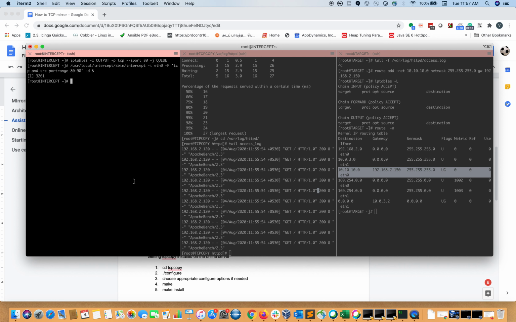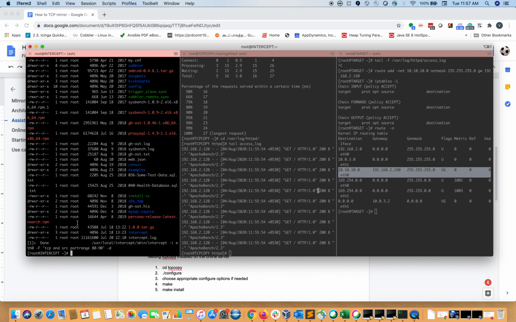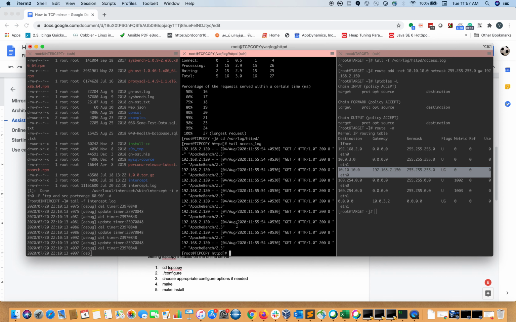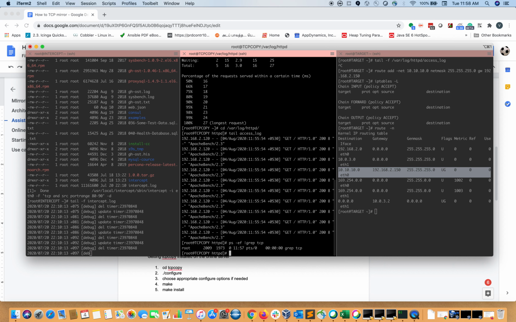So now the intercept is ready, and the logs will be available in this directory itself. Yeah, done. You can see the logs with tail -f, right? So next I need to start the TCP copy. Now the TCP process is running.